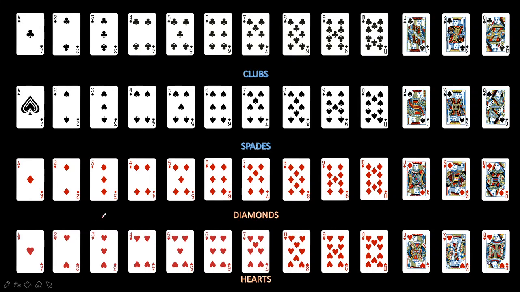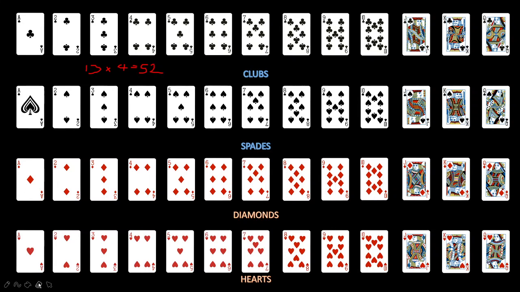Now students, why do I show you all this? It is because when questions containing cards come up, I don't want you to mess it up. Now, what is the total number of cards? We know that each row has 13 cards, and there are 4 rows: clubs, spades, diamonds and hearts. So 13 into 4 is 52. So totally there are 52 cards, and that is why this is called the 52 card deck.